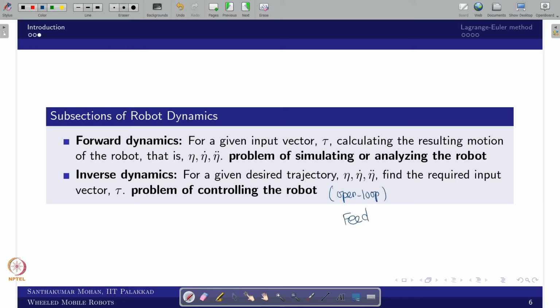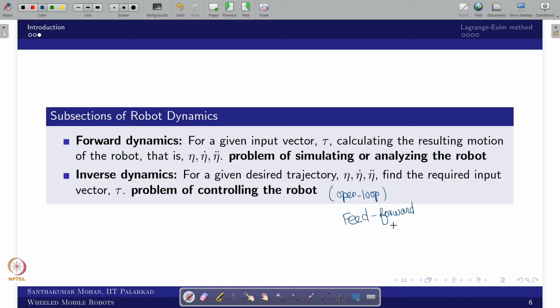I don't want to give straightforward terms now, because we are going to cover all of these in the motion control, but this is a feed forward control. Similarly, what we did in the inverse differential kinematics, the same thing, feed forward, where you are not taking any feedback, you are just giving whatever you calculated as an input. Now we will see how to derive this.